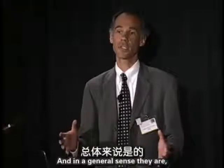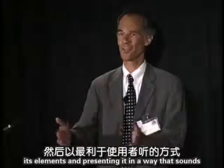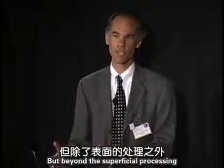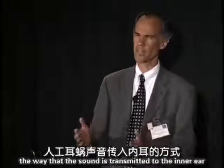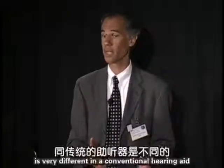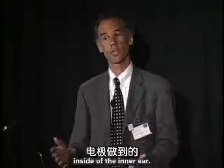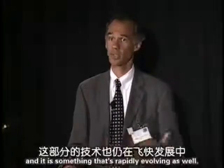The question is really, is the sound processing information in a digital hearing aid similar to what we're doing in cochlear implants? And in a general sense, they are taking sound information, breaking it down into its elements, and presenting it in a way that sounds best to that individual. But beyond the superficial processing, there are some very significant differences in that the way that the sound is transmitted to the inner ear is very different in a conventional hearing aid because it's all through the vibrations with a speaker as opposed to stimulating discrete electrodes inside of the inner ear. So it's a good question. It's a complicated topic about just how sound is presented to the electrodes, and it is something that's rapidly evolving